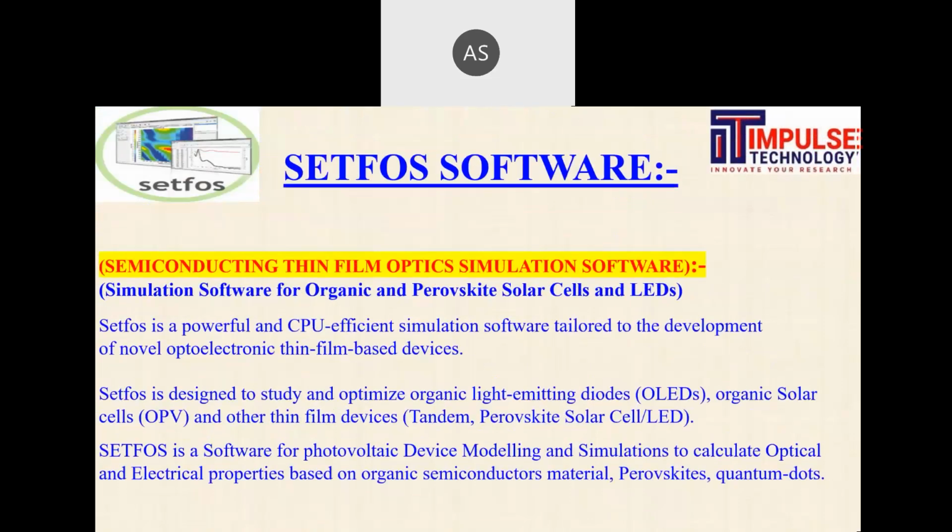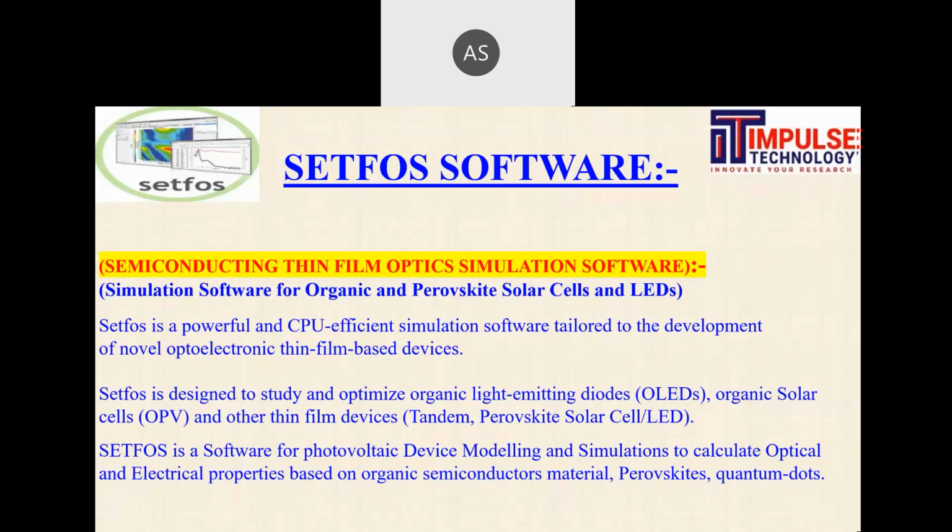Now let me discuss SATFOS. SATFOS stands for Semiconducting Thin Film Optics Simulation Software. It is very easy to use for designing and modeling organic and perovskite based solar cells, including LED devices. Very powerful and CPU efficient simulations tailored to the development of novel optoelectronic thin film based devices.